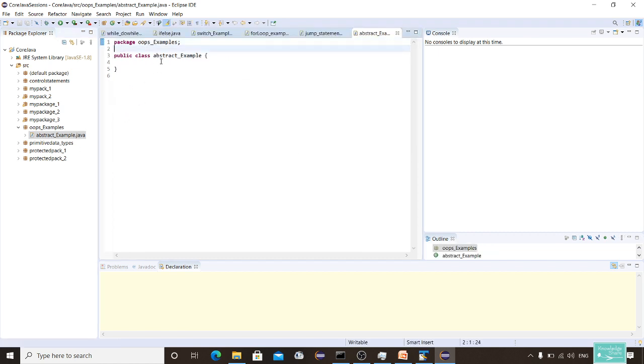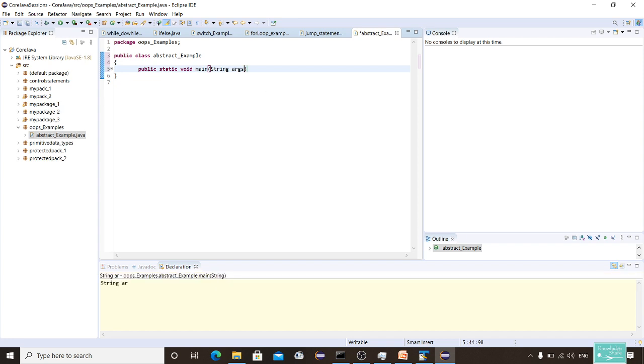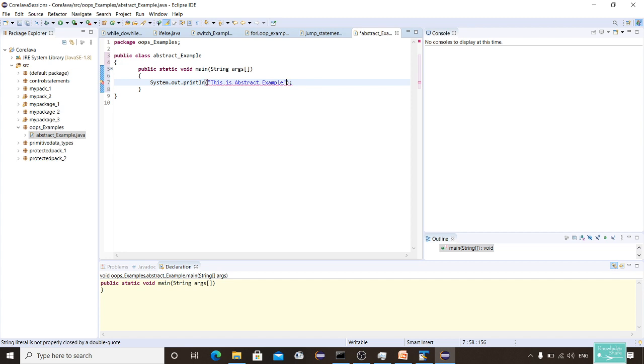Okay. So this is my abstract example class where I will have my main method. Public static void main. I'll just print some small text: this is abstract example.